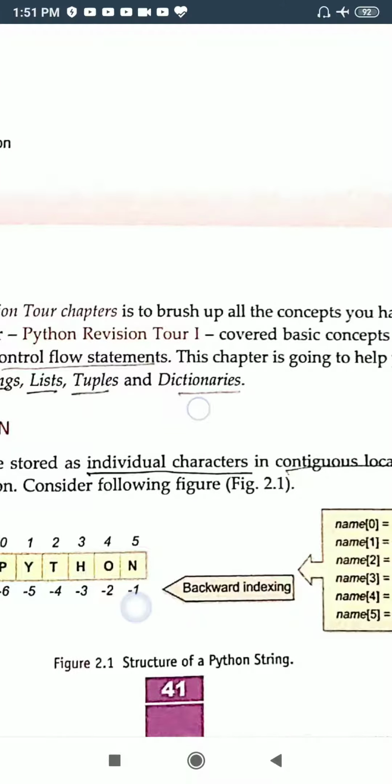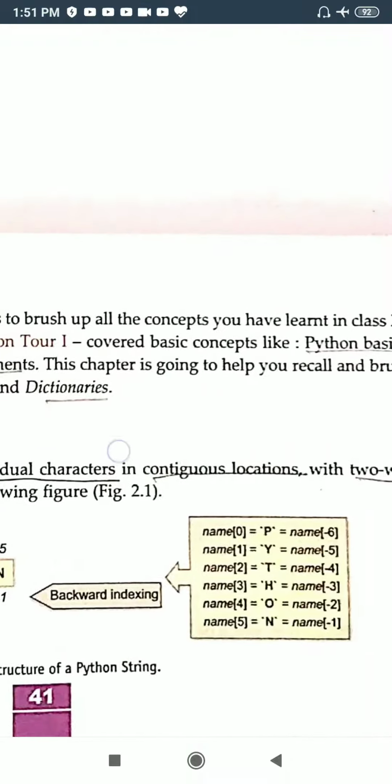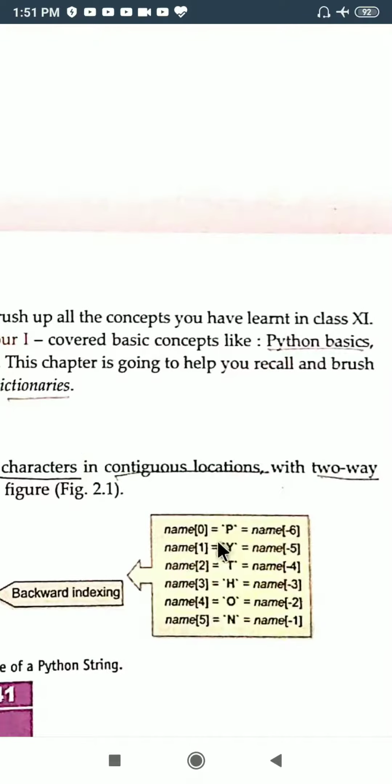So we can access a particular character by means of two indices. Like in Python, the letter P can be referred to with the forward index as well as with the backward index. So for every character we can use the forward or the backward index. Why have we taken these two indexes?